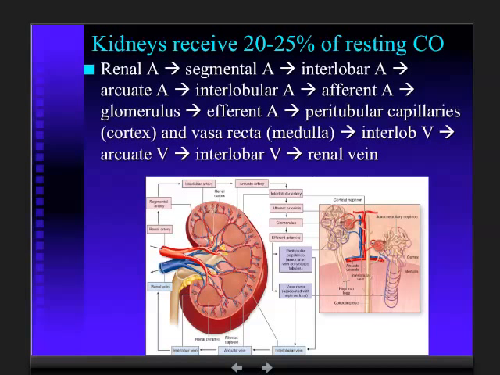And what we've said before is that the kidney gets, what, 20% of the cardiac output, all right? And that blood comes into the kidney via the renal artery. And now that renal artery, once it enters at the hilum, is going to subdivide into branches that are essentially going out to the